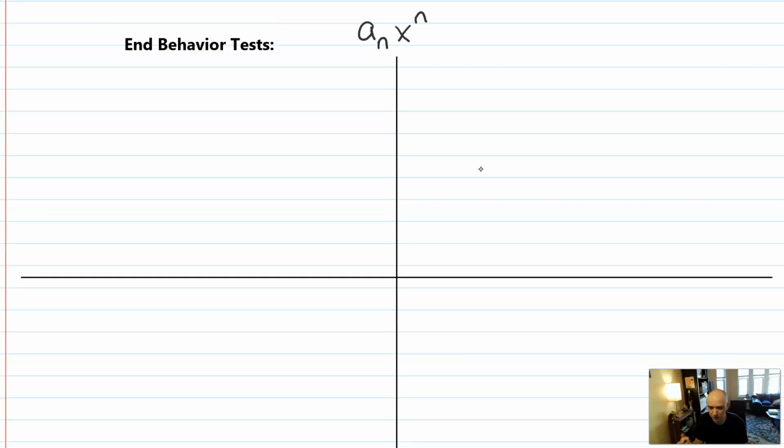These are sometimes called the leading coefficient tests, but that's a little misleading. We're going to be looking at two things in our polynomial. So we assume that the leading term is a_n x to the n. And the a_n, the leading coefficient, is going to tell us something, and the degree is going to also tell us something. So if we're going to start with the degree,